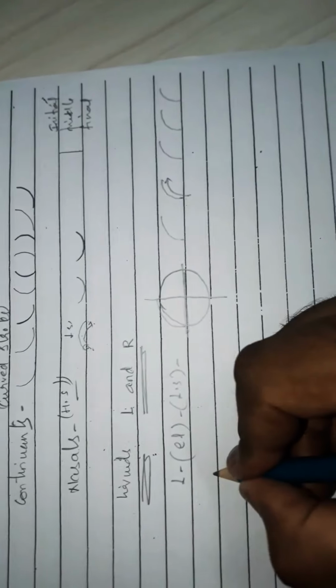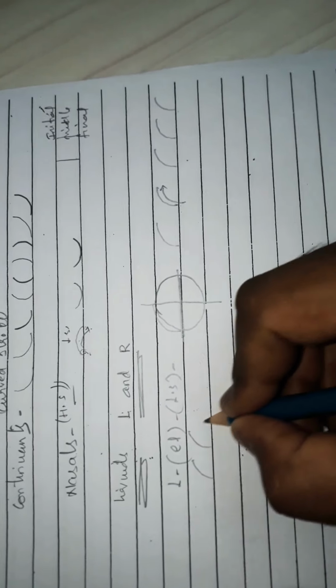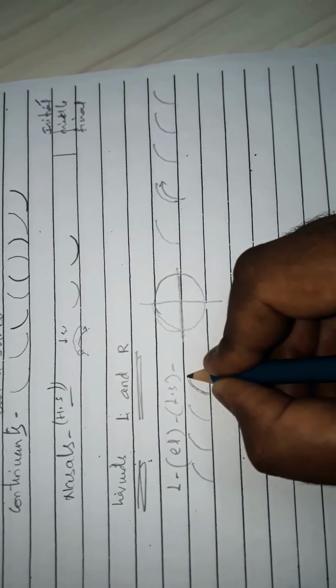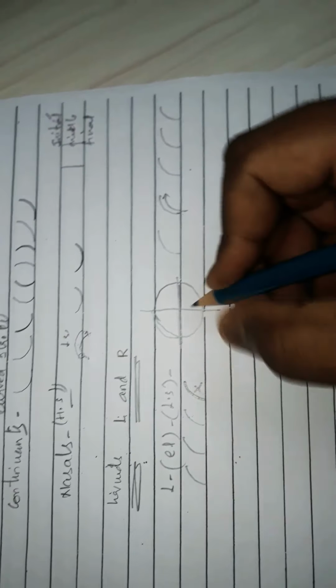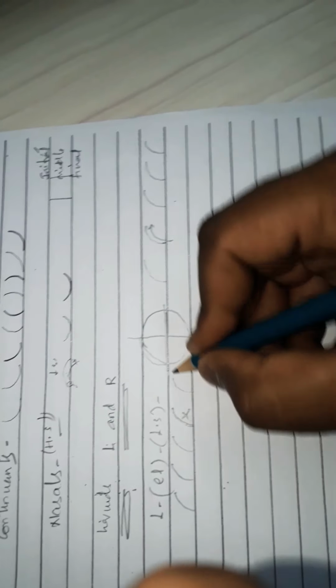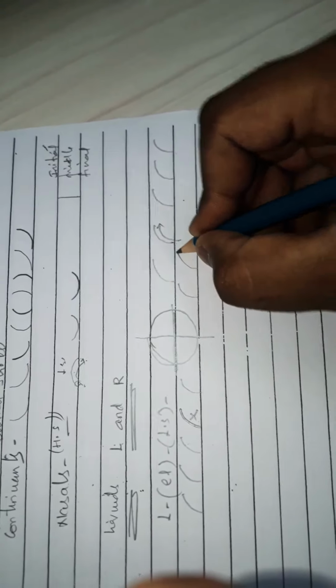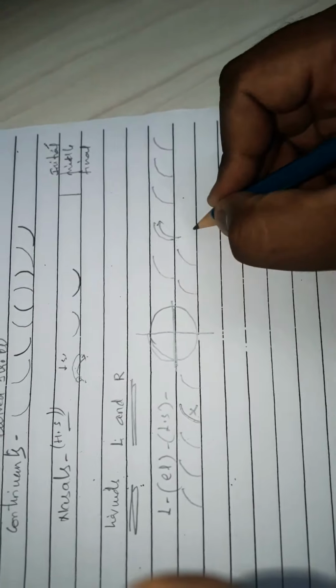L, L, L. Light stroke. If you write thick, it will become a heavy stroke. No need of writing a heavy stroke, write only light stroke. So that if I make one circle to this stroke which we have written, it should form one complete circle. Am I getting a complete circle? See.